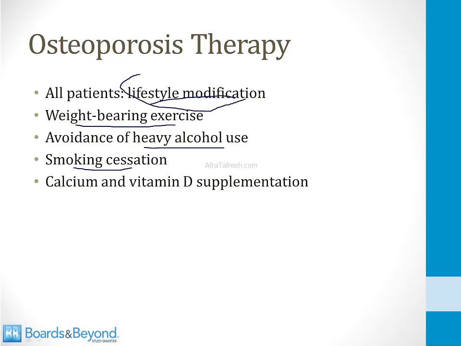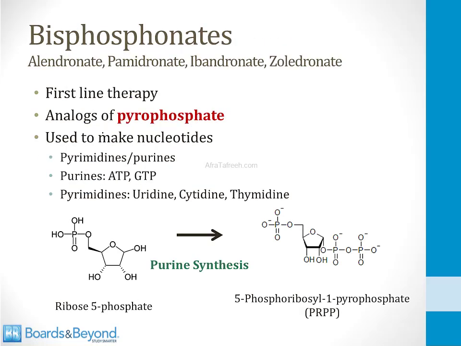In addition to these lifestyle factors, all patients with osteoporosis should take calcium and vitamin D supplementation to make sure they get sufficient levels of these nutrients. Beyond those items on the last slide, the first-line therapy in treating osteoporosis is a class of drugs called the bisphosphonates. All of these drugs end in dronate, like alendronate, pamidronate, ibandronate, zoledronate, and these drugs all work because they